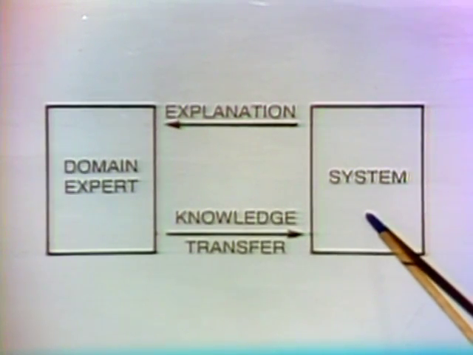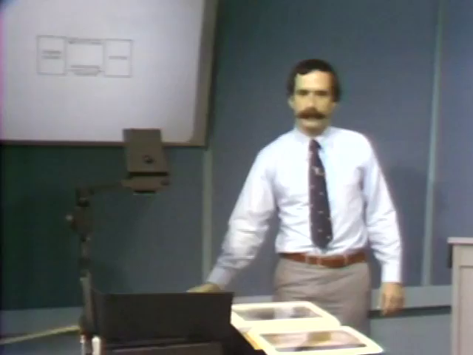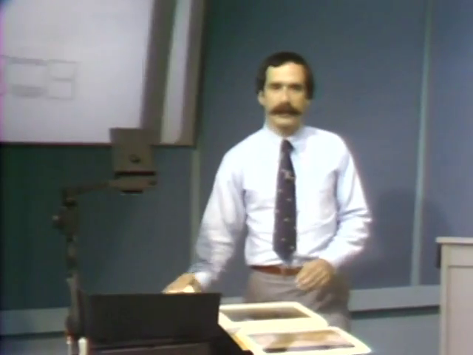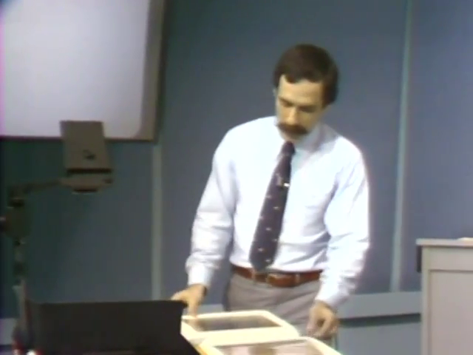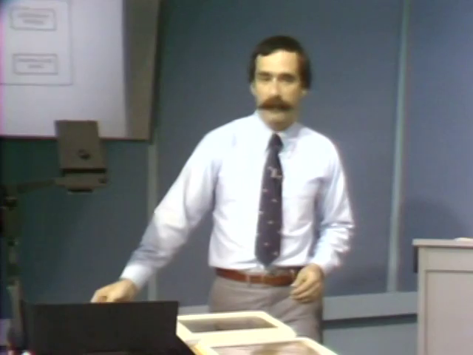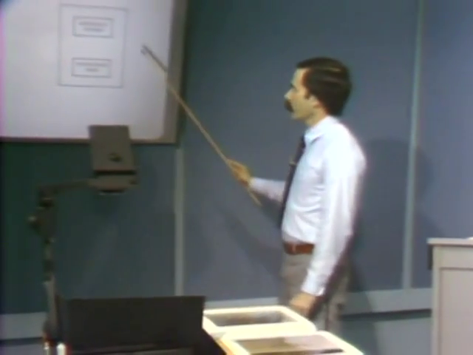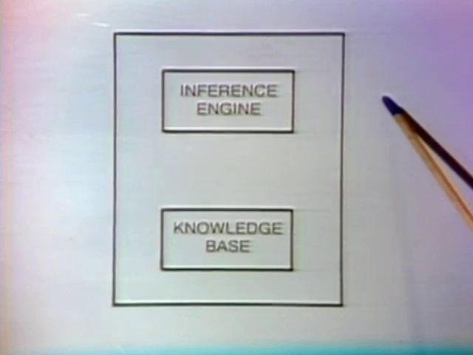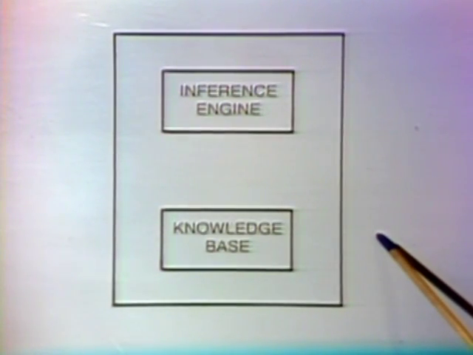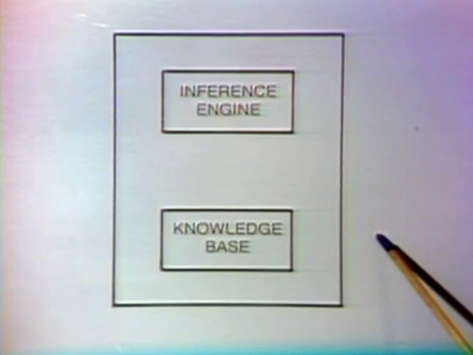Now let's zero in yet a little bit further into this kind of interaction. Let's take a closer look first at what the system looks like. And here we have, as usual, my favorite picture of what a knowledge-based system might look like. We have this simple architecture first. As always, the inference engine and the knowledge base. That's our performance program now.